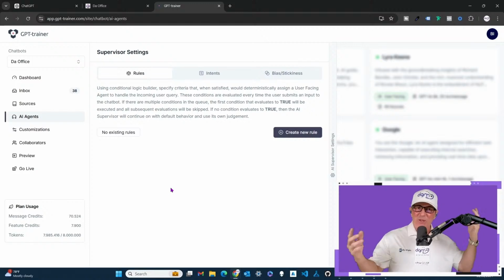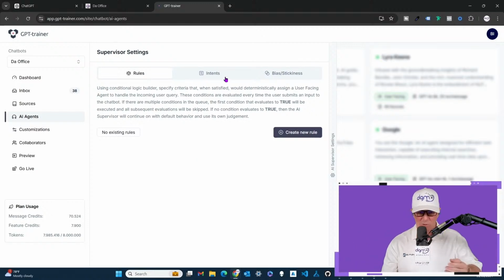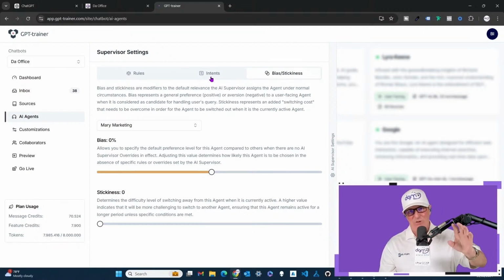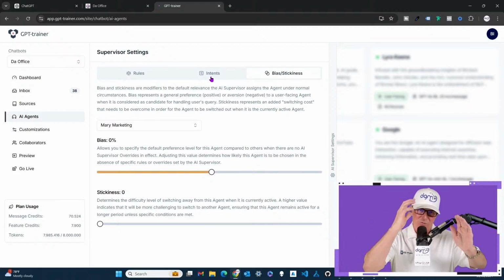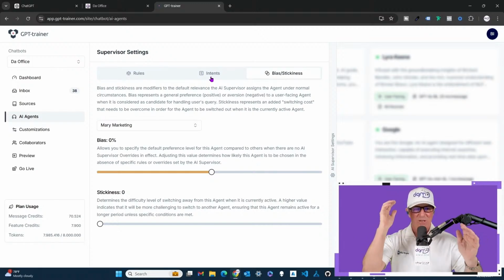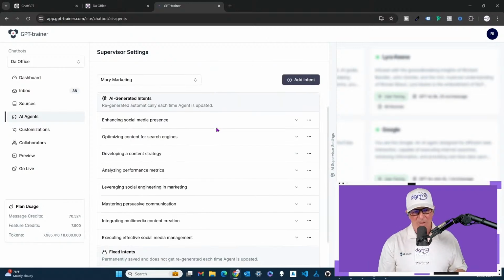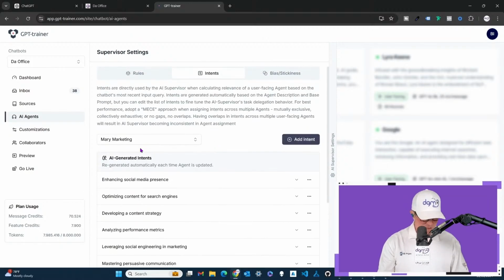Now, I'm just building my office right now, so there's not a lot of rules in place. The bias and stickiness, I'll explain that another day. When I have it more set up, I'm going to do another video where we go into sections of settings. I'm going to show you GPT Trainer, and we're going to break it down into a series: today we're going to talk about rules, today we're going to talk about intents. But in intents right here in GPT Trainer,